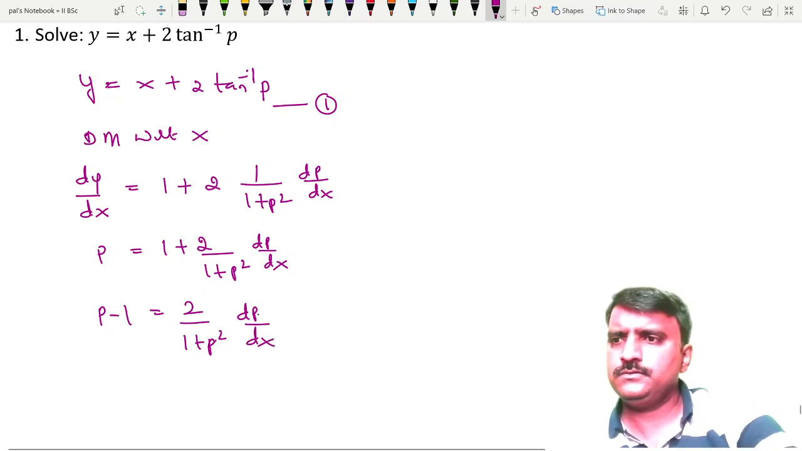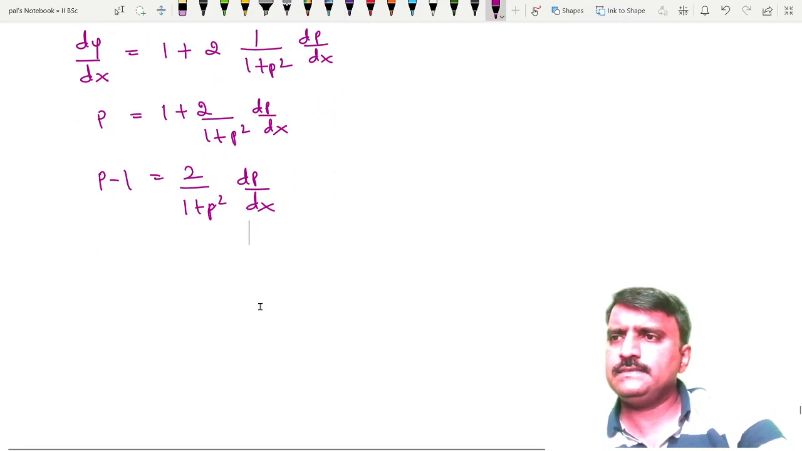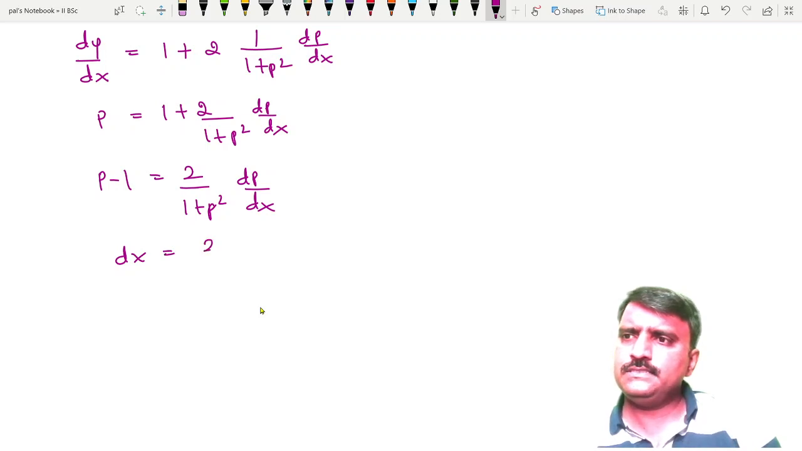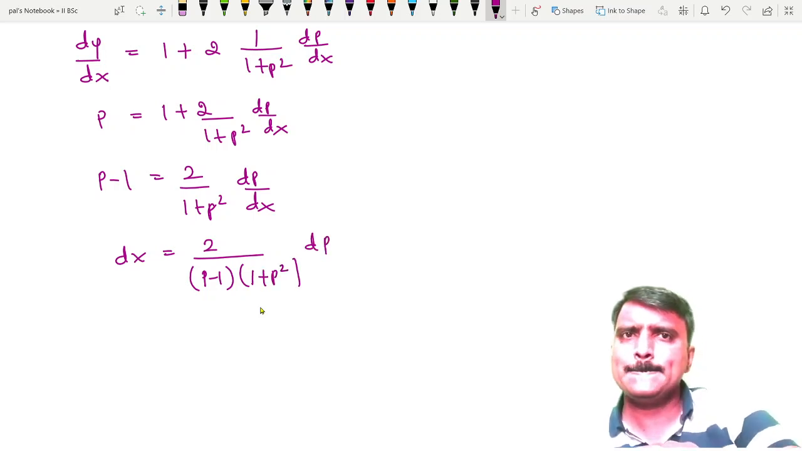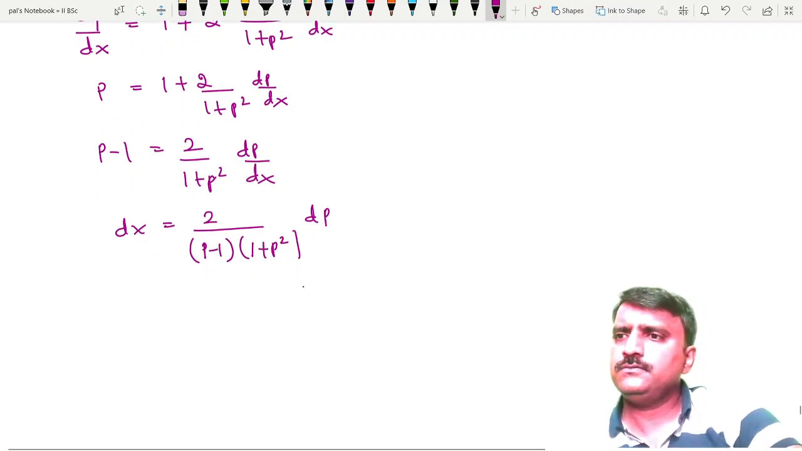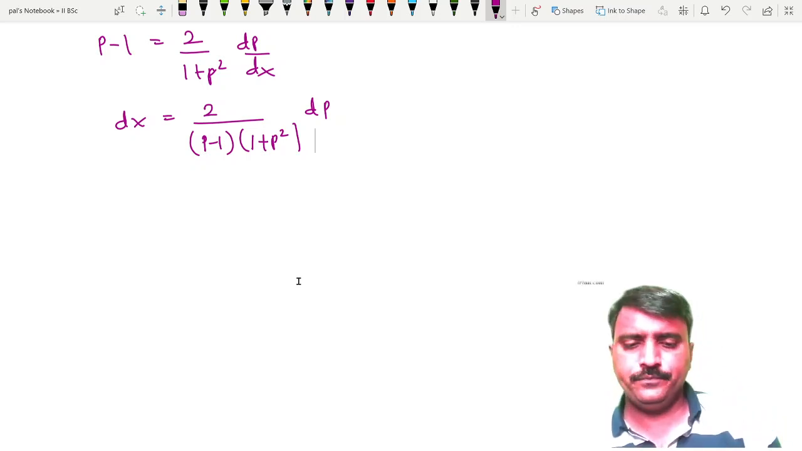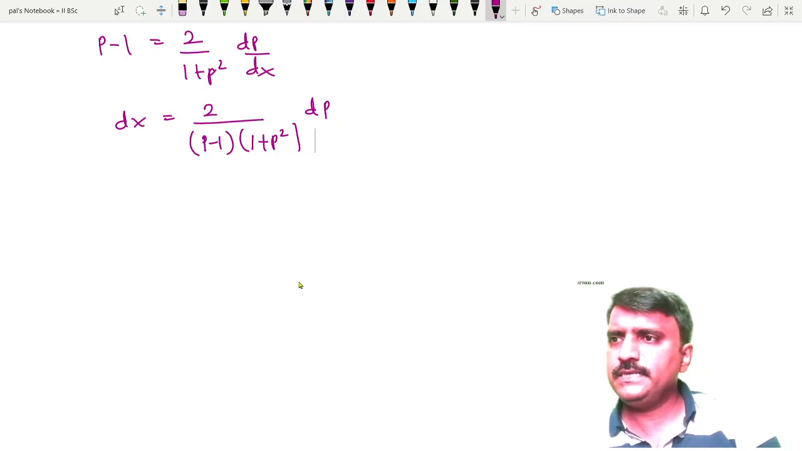Now you simplify this as dx is equal to, taking cross multiplication, 2 divided by p minus 1 into 1 plus p square into dp. So now resolve this into partial fractions. To integrate this one, you take its integration first. Integration of dx